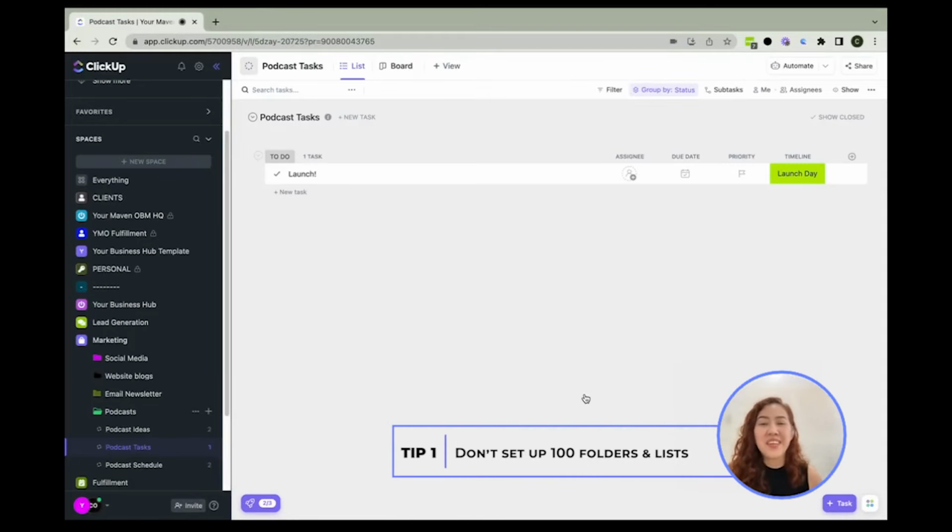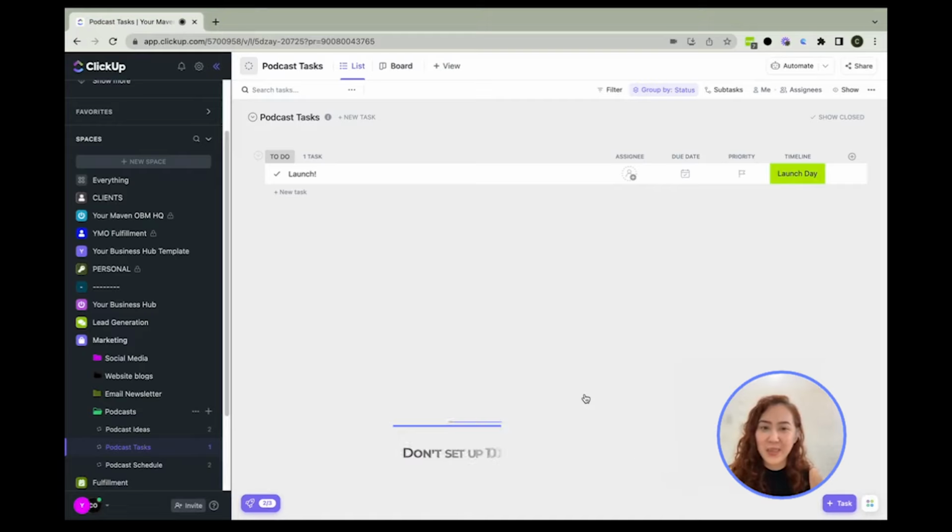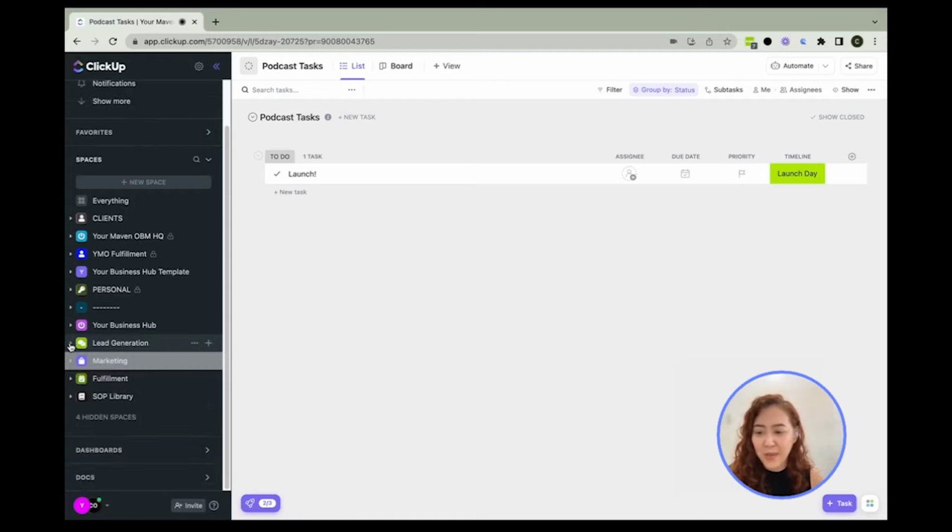So the first tip is don't set up 100 folders and lists. I know it's tempting to just keep on adding until your list is a mile long, but it's actually recommended that if you have that many lists, you put them into folders, or just group similar workflows, or group them by department. And just keep in mind that when you're creating spaces, folders, and lists, each of them